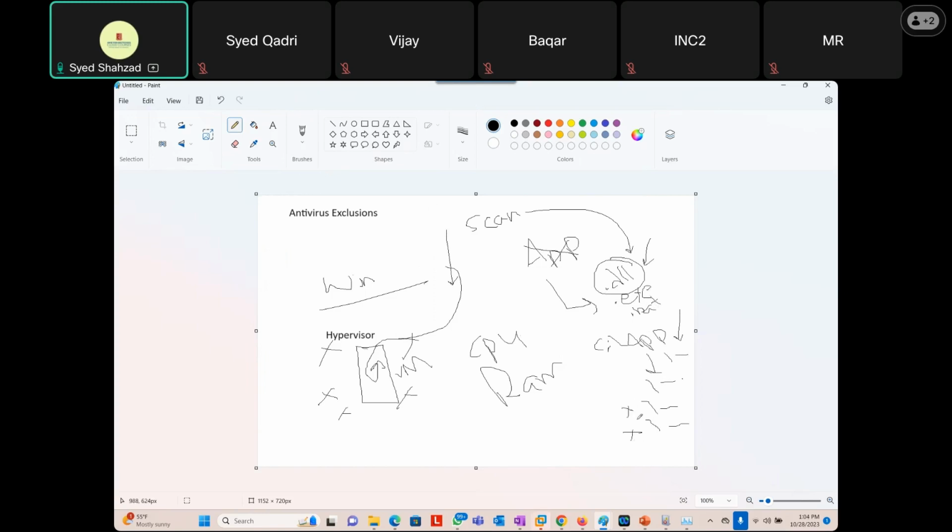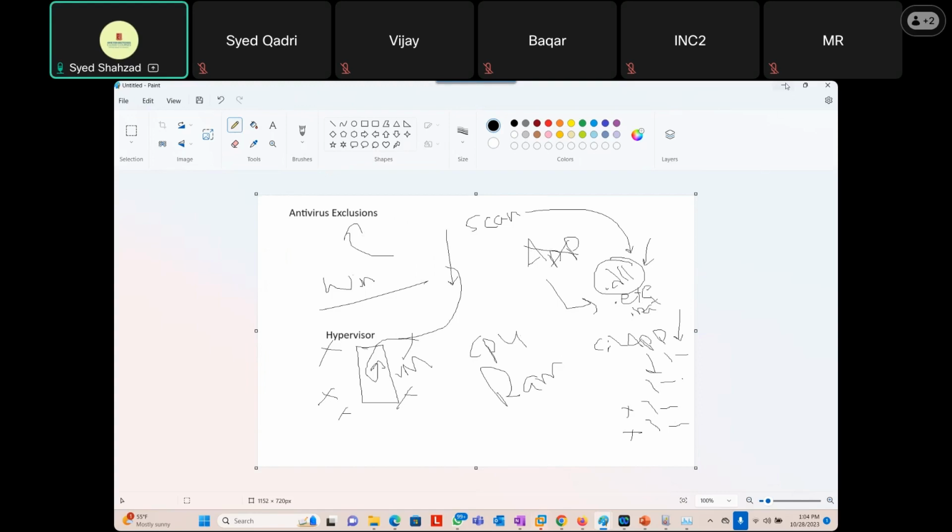So you give the full path of that folder structure to the antivirus exclusion, and it will not scan that. That is very important when it comes to antivirus exclusions. Otherwise, if there's a false alarm and some critical files are renamed or quarantined, that's it. Your application will be down because of that,